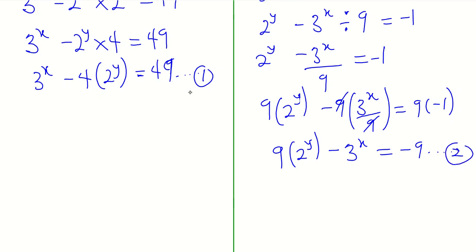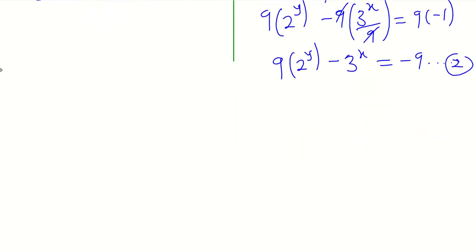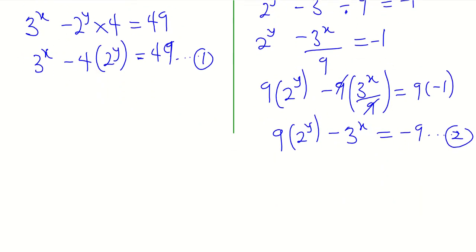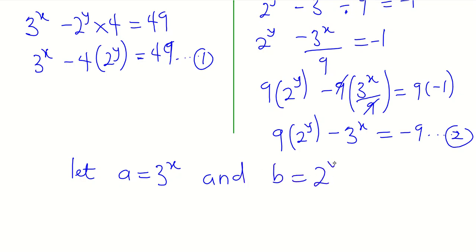Looking at equations 1 and 2, we can see 2^y in equation 1 and 2^y in equation 2. In the same way, we can see 3^x in equation 1 and 3^x in equation 2. And if that happens, we can represent this common base and exponent we see in these two equations by a preferred variable. In this instance, we are using a. So better still, we can say let a be equal to 3^x and b be equal to 2^y. So by substitution, then from